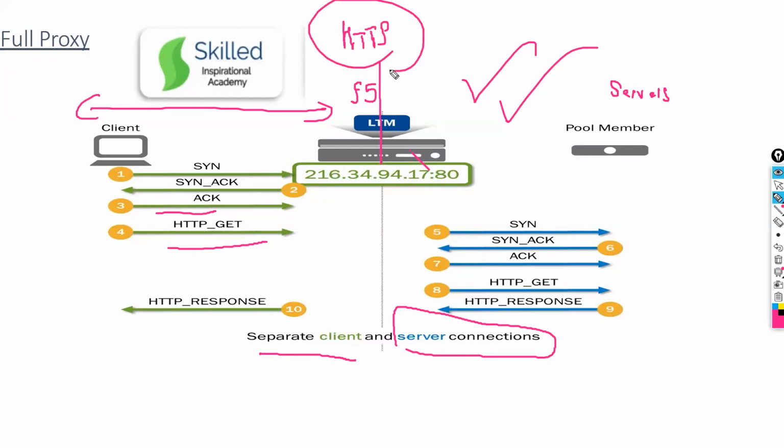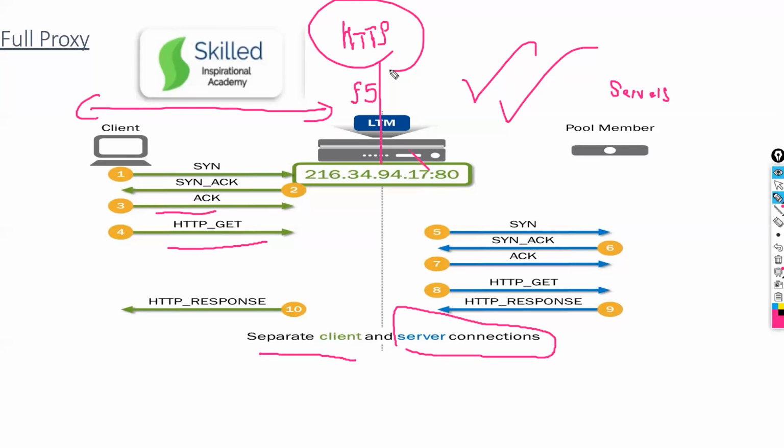Why do I need HTTP GET and response? What does it mean, guys? Anyone? What does it tell you? Why is the HTTP protocol coming into the picture here? Because once the TCP handshake happens and the SSL handshake happens, after that HTTP will request, because my application is hosted on layer 7.